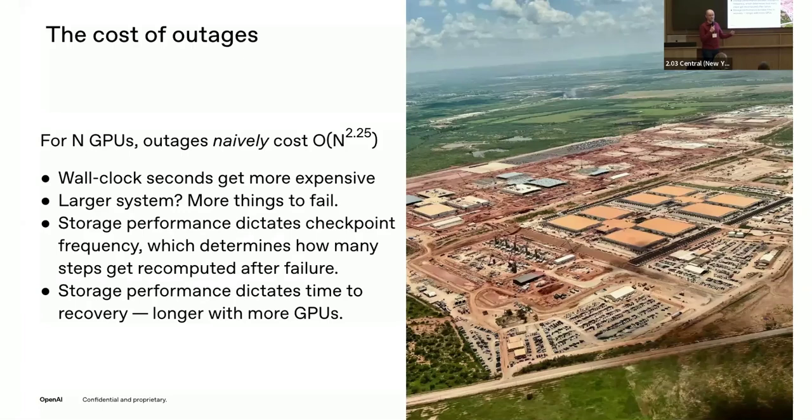Then there are two things that are directly related to storage performance. One is that however much performance you get out of your storage system, that's how often you can checkpoint. Every time you recover from a checkpoint, you lose some number of steps, so the more often you checkpoint, the less stuff you lose. That becomes more difficult with a bigger system. There's more stuff to checkpoint. Similarly, the time to recover to more GPUs is generally more, even if you scale everything horizontally with a bigger system. So your recovery is also more expensive. You can see that these numbers tend to multiply much more than they add, and that's how you end up with these high recovery costs. That's how this becomes very expensive very quickly.